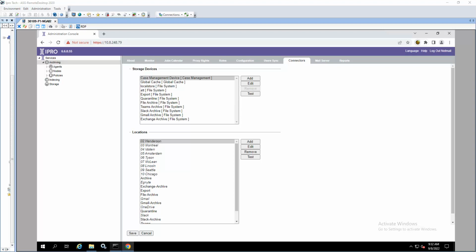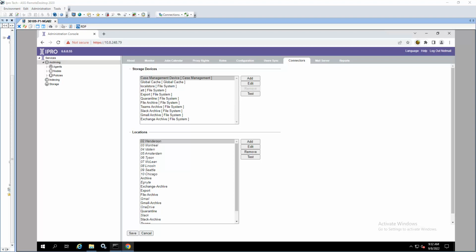Before configuring a Teams connector, you must register the Teams application in the Office 365 tenant. Please see the prior lesson on this topic before continuing on. Configuring a Teams connector includes items such as files, posts, and replies from direct and group chats, as well as